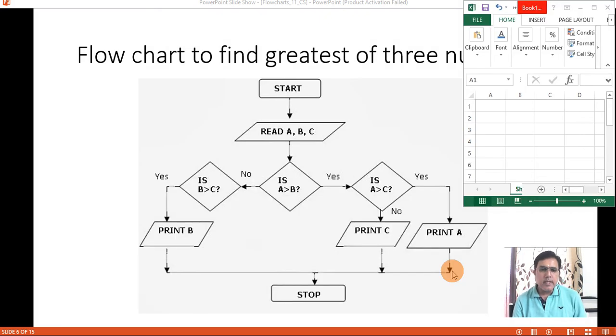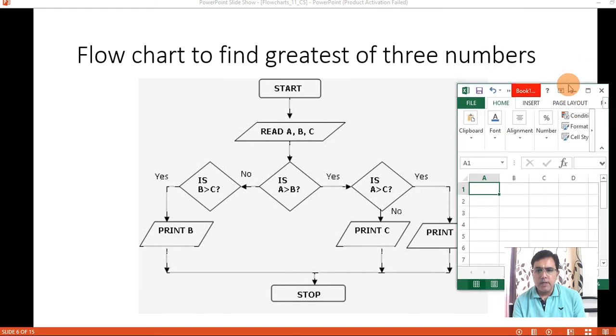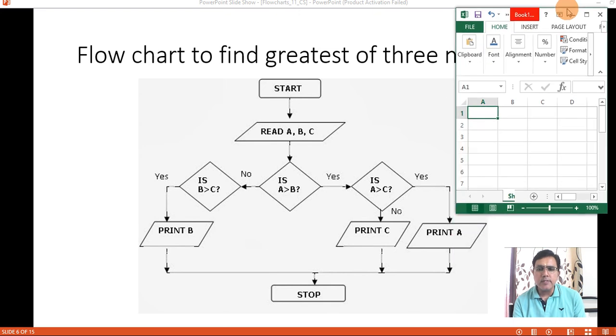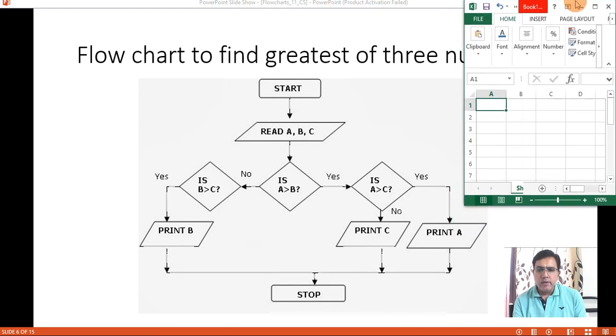Now let us see another program or another flow chart where you have to find the greatest of 3 numbers. See, here it is written, greatest of 3 numbers. Now the program will start from ellipse.